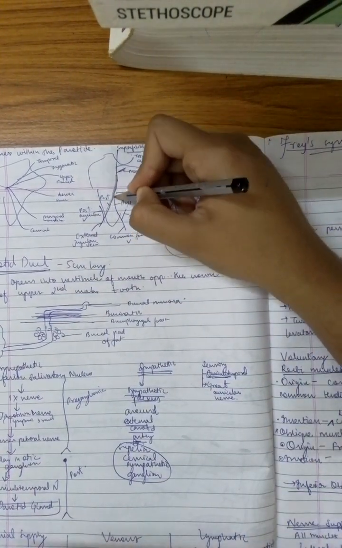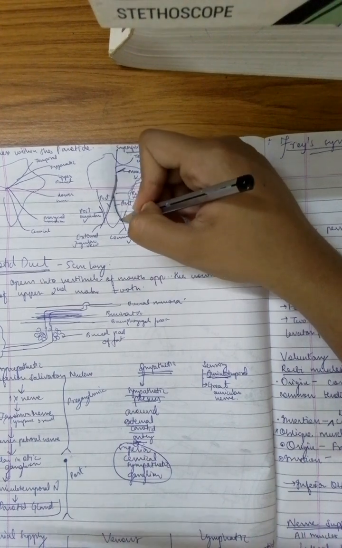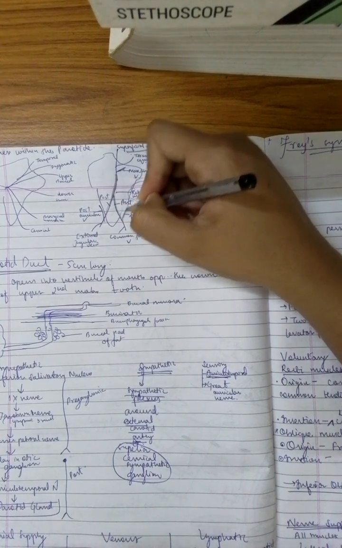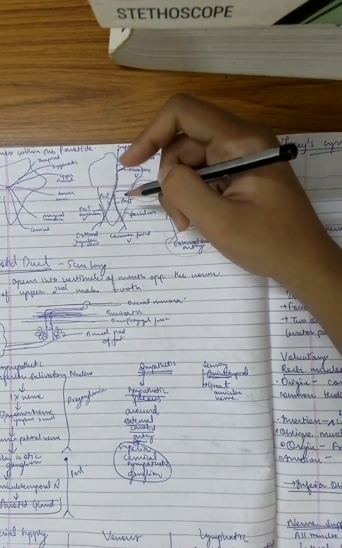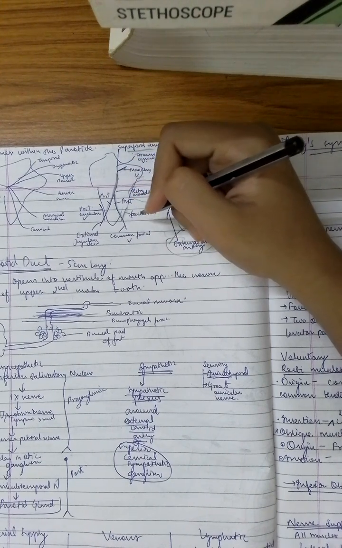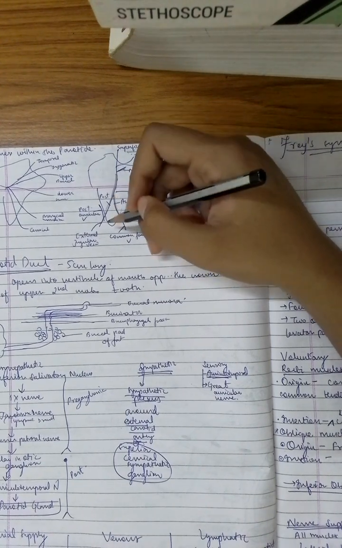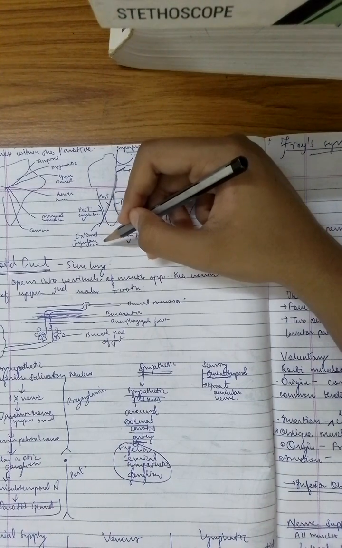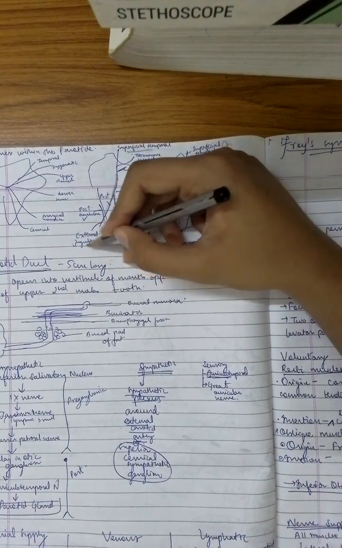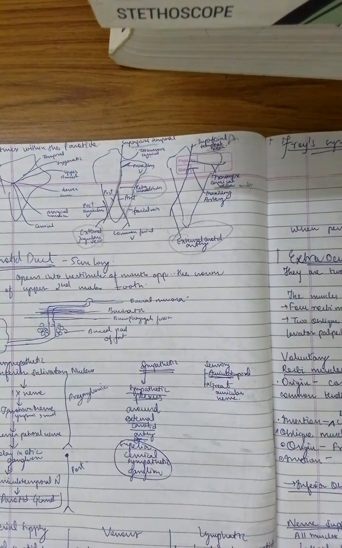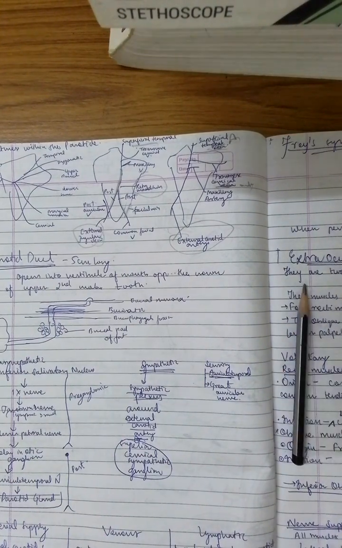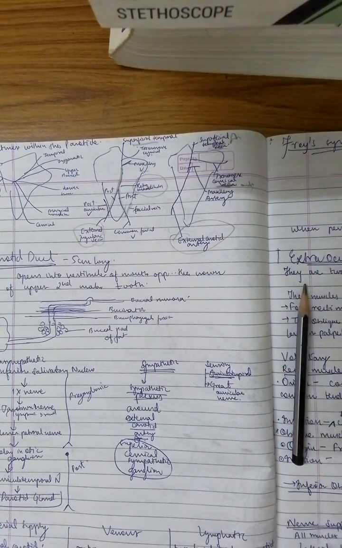Then it divides into a posterior division and an anterior division. With the anterior division, the facial vein joins to form the common facial vein. With the posterior division, the posterior auricular vein joins to drain into the external jugular vein. Okay, in my next video I'll be doing the rest of the